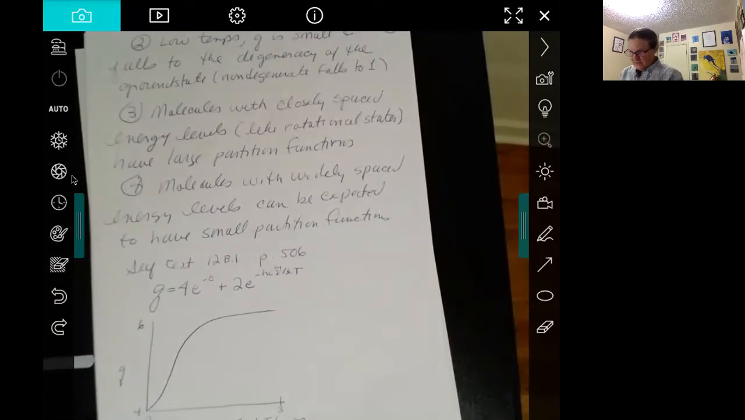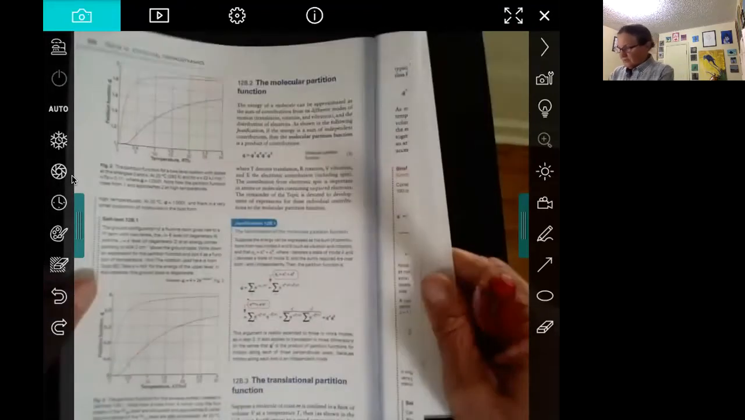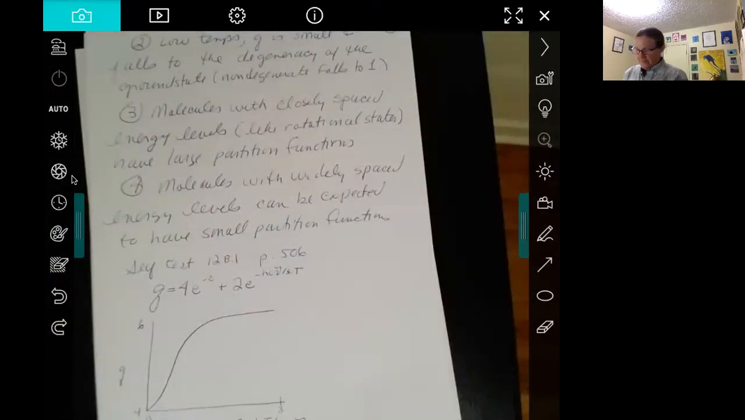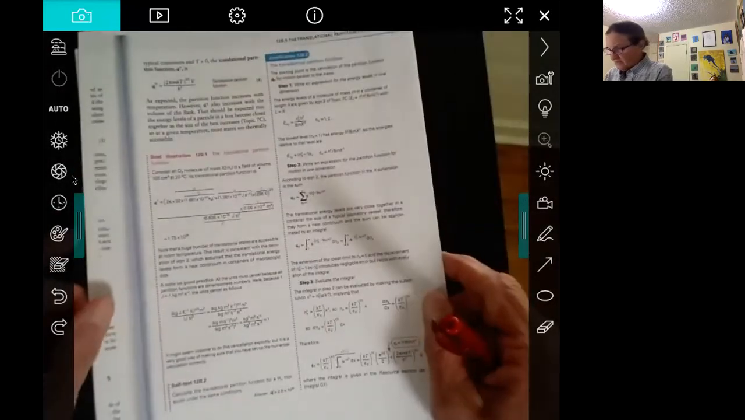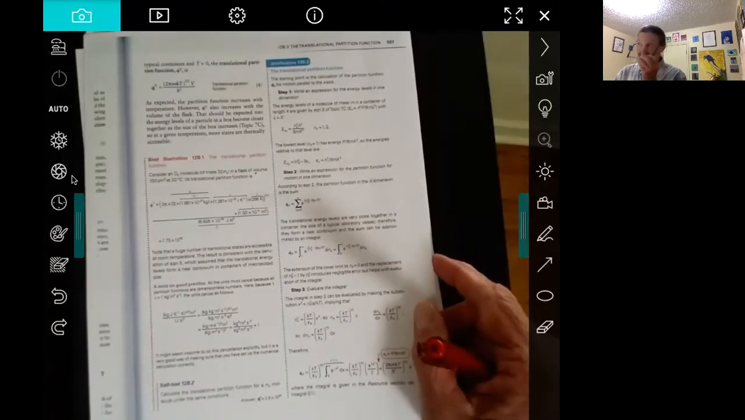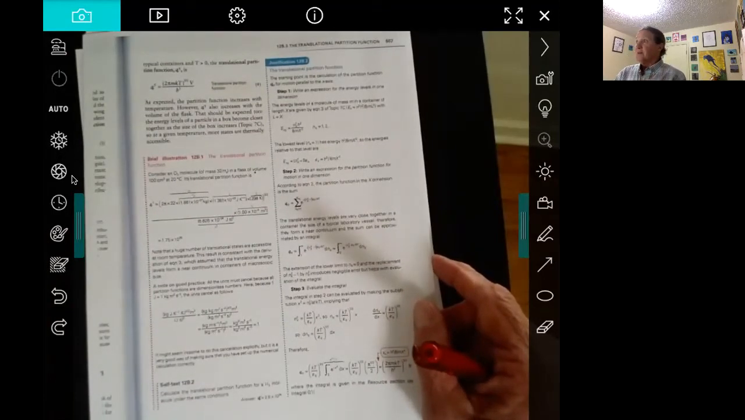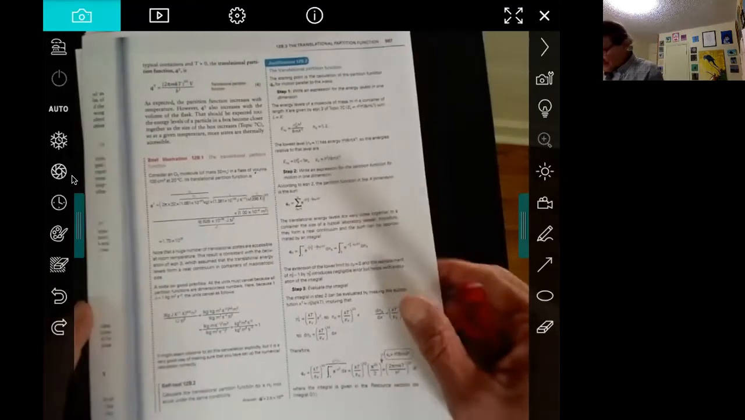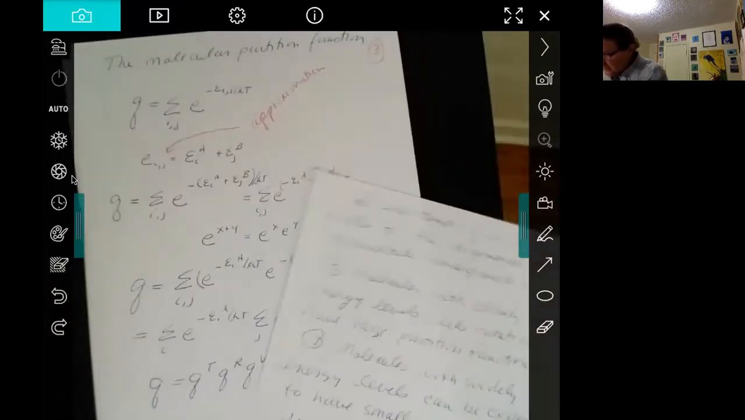So how do we actually calculate a partition function? The translational partition function is a good one to look at to start with. If you think about it, translational energy levels are super close together. So trying to do an infinite sum of closely spaced energy levels would be really hard mathematically. So what we'll do instead,